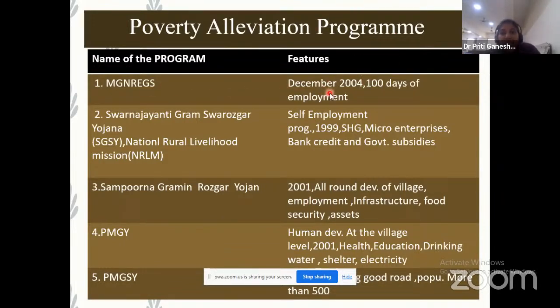The program was started in December 2004. What was the objective to start the program? Under this program, the government wants the people who live below the poverty line to get employment or job opportunities. And for that, they are sure that if we give employment to the people for more than 100 days, they started this program. The program was very successful and the maximum number of people benefited because of this NREGA program. So you have to add this: when it was started, and what the main objective was.